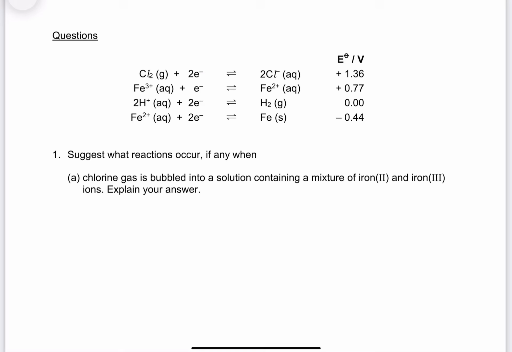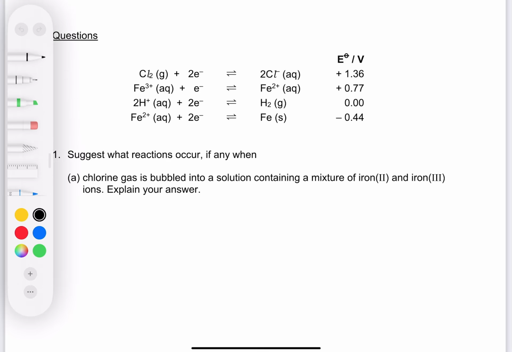We're now going to look at some questions and how we might answer them in an exam. So the first one says, suggest what reactions occur, if any, when chlorine gas is bubbled into a mixture of iron 2 and iron 3. So if we have a look, chlorine gas is only in this electrochemical series here. It's on the left, which means it's an oxidizing agent. It asks us what could happen when it's bubbled into a mixture of iron 2 and iron 3, and we